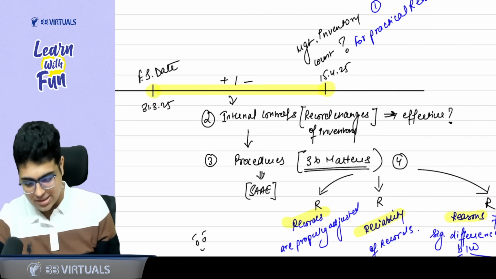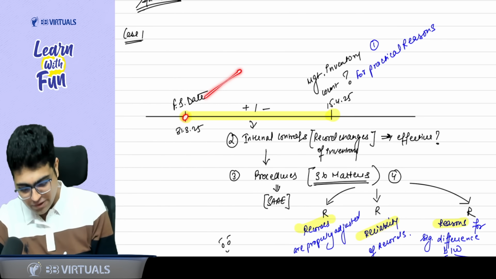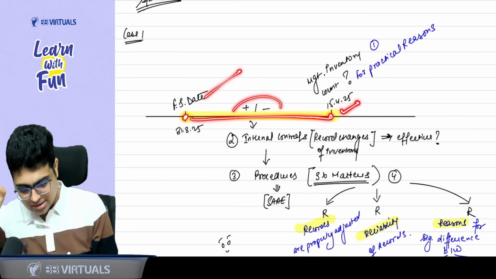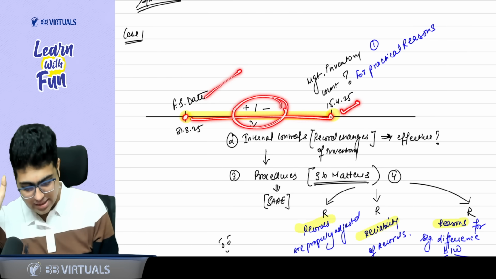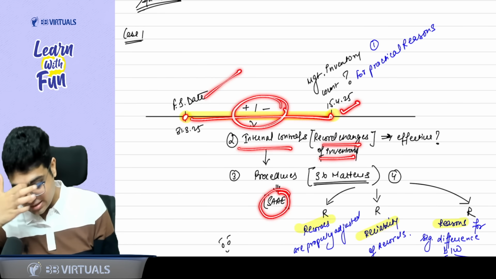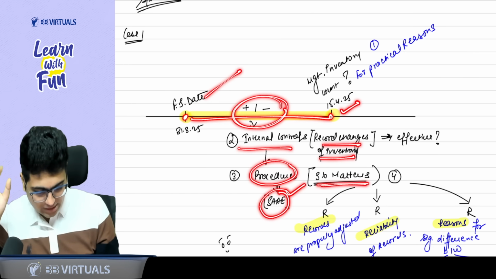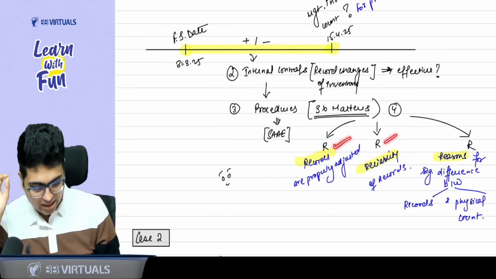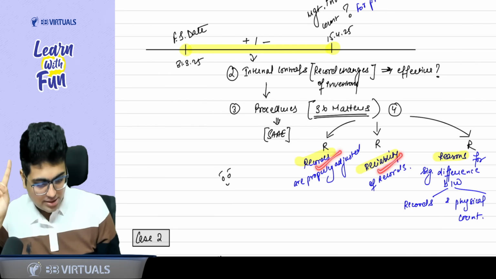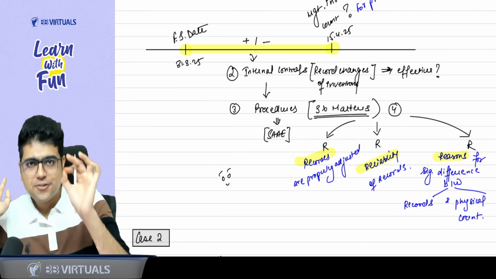Once more, I'm revising, please focus. Generally, inventory count should happen on this date, but for practical reasons, it can happen on this date also. As an auditor, we are concerned about the changes in the inventory, that these changes should be properly recorded. To get evidence whether they are properly recorded, we need to perform some procedures. Three matters to be considered in these procedures are RRR. Records are adjusted, reliability of these records, and reasons for difference between the records and physical count. Is the flow clear to you?